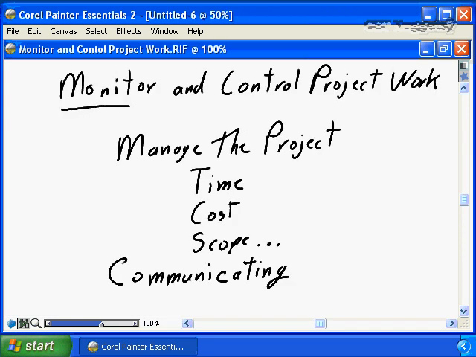While the team is busy delivering the project execution, we, the project management team, are busy monitoring and controlling the project. In this activity, we manage the project. We manage that the project is on time. We manage that the project is delivering to budget. We manage that the project is delivering to the scope and only to the scope. We don't want to embellish. We don't want to gold plate. We want to ensure that we're delivering the scope and only the scope that's promised. We manage the human resource. We manage the communications. We manage the procurement. We manage the risk